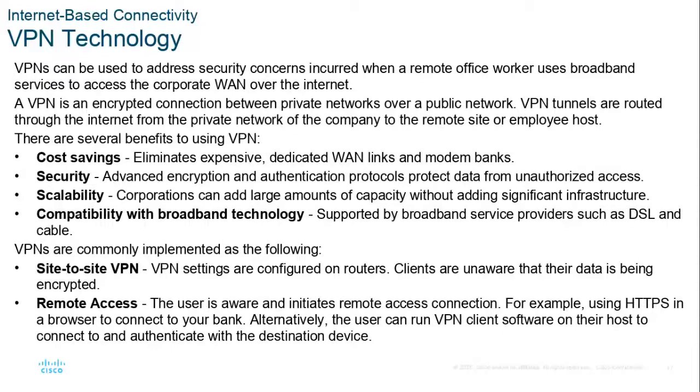But what I can do is encrypt my data before it leaves my facility, with a secret key that only I know and only the branch office router knows, and use a public internet connection, which we need to have anyway because we want to communicate with our customers on the internet. And just use the internet instead of a private leased circuit that would be an additional cost. So it's going to save the company money.